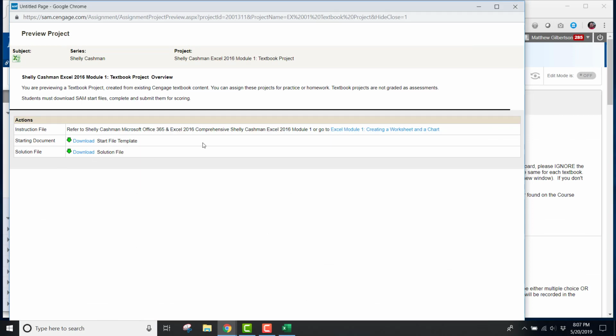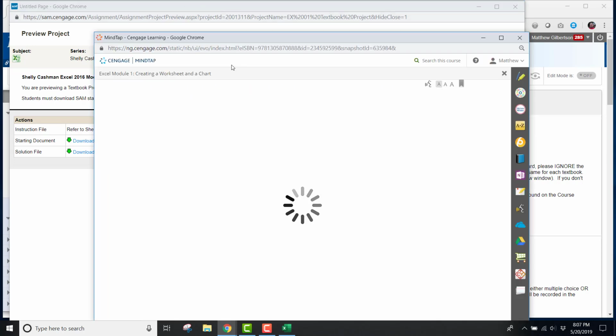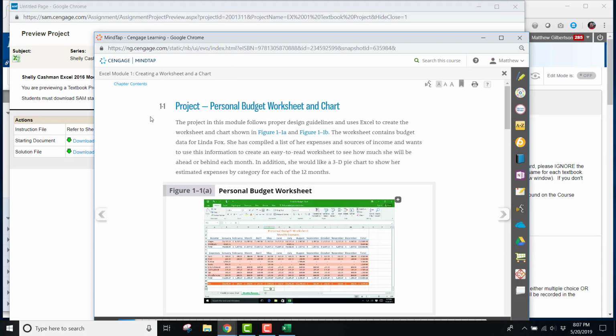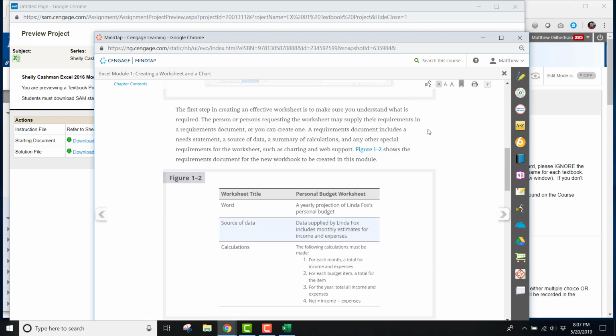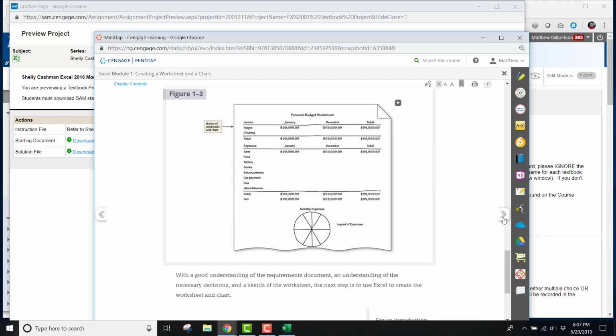and you won't have a solution file, but what you will have is a link where you'll be able to upload your completed Excel spreadsheet, and this link here will take you into the module where you're going to work from. So I'm going to click on that, and it's going to take me into Excel module 1, and you'll want to read through the chapter and get yourself familiar with things, and as you go through the pages,